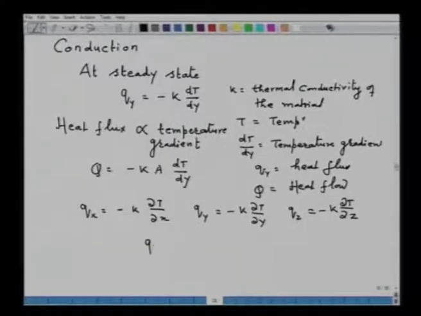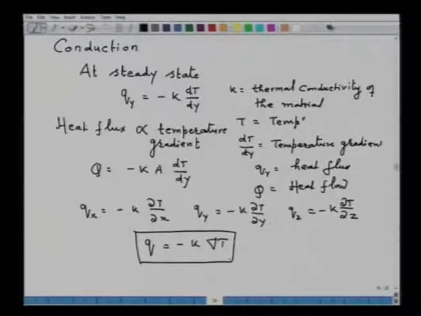So, that we can write down q equal to minus K into del T. This is the Fourier's law of heat conduction in 3 dimensions. Now, one thing you should note is that the minus sign results because heat flows from high temperature to lower temperature. So, now what we are telling here is that we are considering thermal conductivity